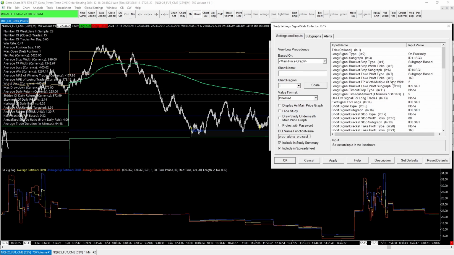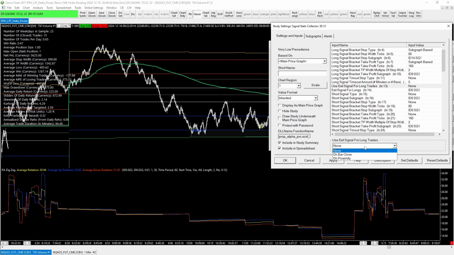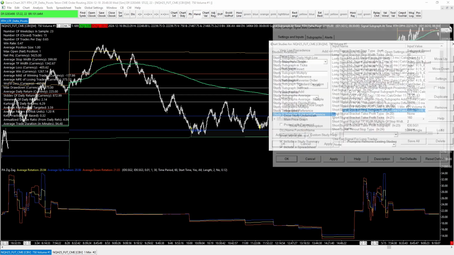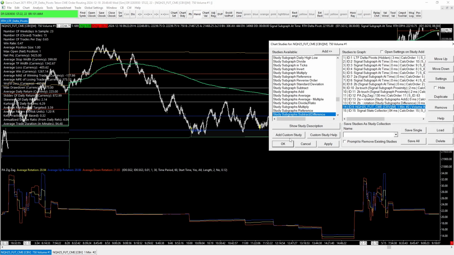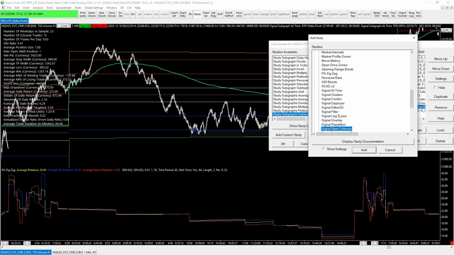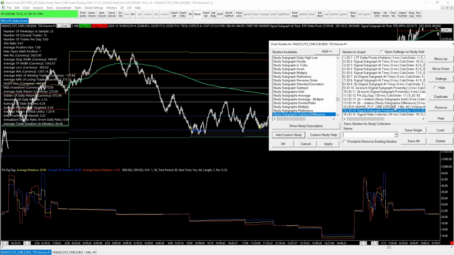I'm going to say we want to get out of the trade when we cross VWAP. So that would be this use exit signal for long trades. And same thing, I have an on-bar close and on proximity. And what we're going to want to do here is signal subgraph proximity. So again, I want to do a touch of VWAP,